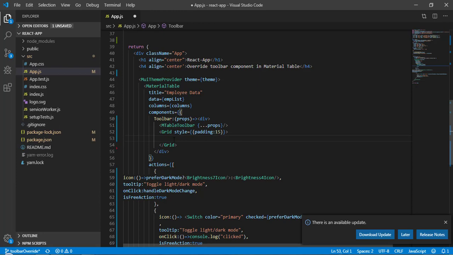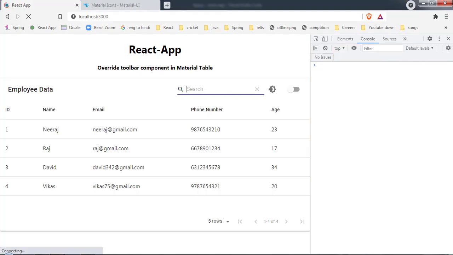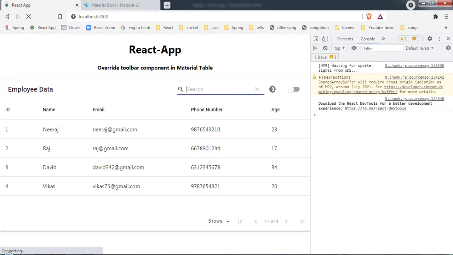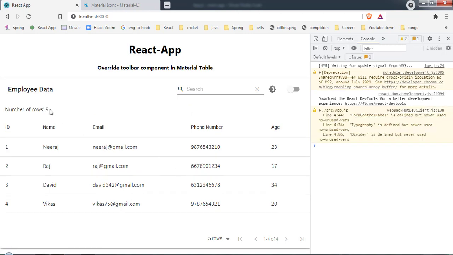Inside this I will write number of rows, and let's hardcode the value as 9. Now save it and let's come back here. Now you can see we got this text over here, and this is what we are looking for. We want to insert it, and we are getting it right now.